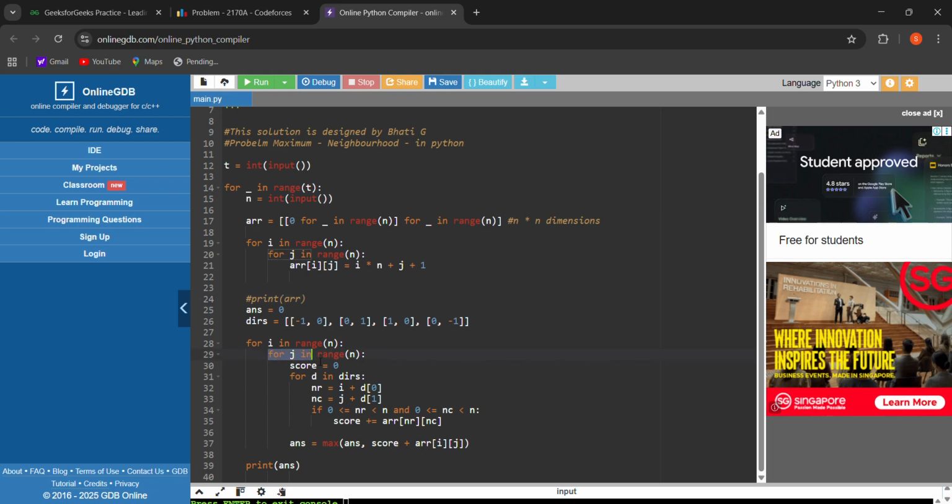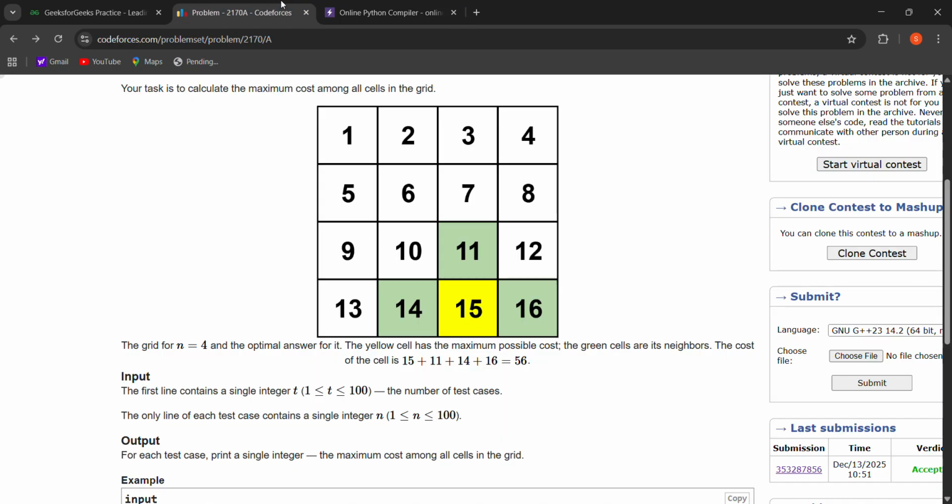Now for every cell, if we are on this cell, look carefully. The coordinates of this cell will be r comma c, and if we have to find out the 4 neighbors of this cell, what could be the coordinates of those 4 neighbors?